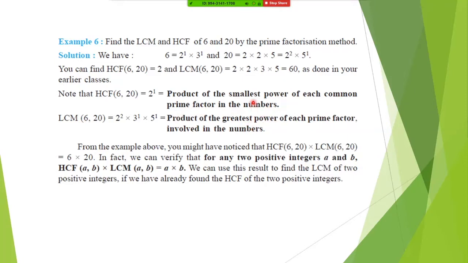If somebody has a confusion, please mark these two things in the textbook, because sometimes you find the prime factors, but then you forget what is HCF and how to find the LCM. So everybody has a textbook in hand, please make a box across this. And also you know that the product of the HCF and the LCM is nothing but the product of the numbers, that is number 1 into number 2. So we can use this result to find the LCM of any positive numbers. Whatever is given and whatever is not given, you can find the other part of it.